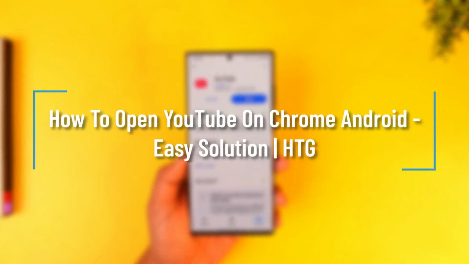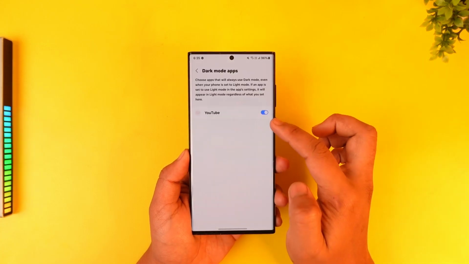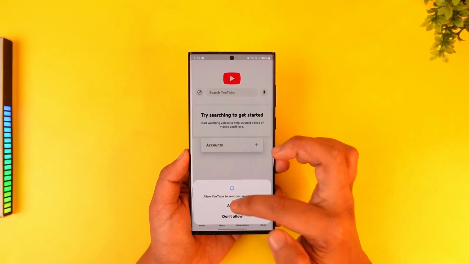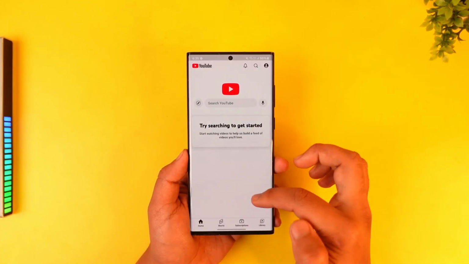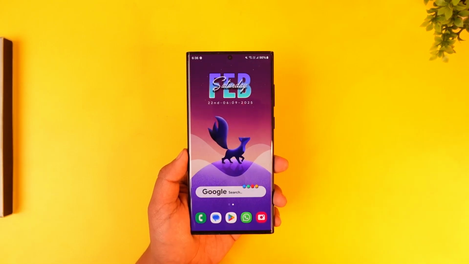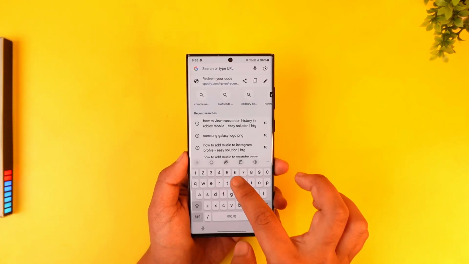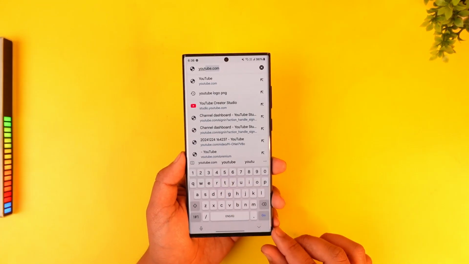How to open YouTube on Google Chrome on Android. If you like to use the YouTube application, but maybe you want to just use the Chrome application on your Google Chrome instead of the app, it's fairly simple to do so. To use YouTube on Google Chrome on Android, open up the Google Chrome browser and just type in youtube.com and hit